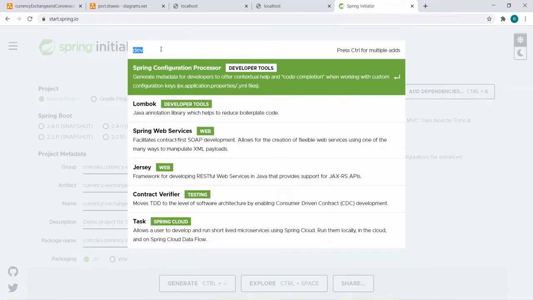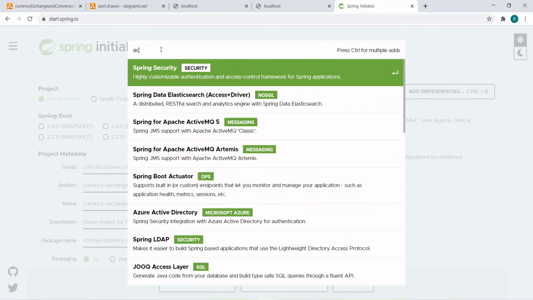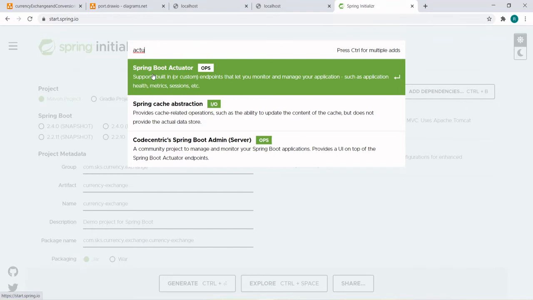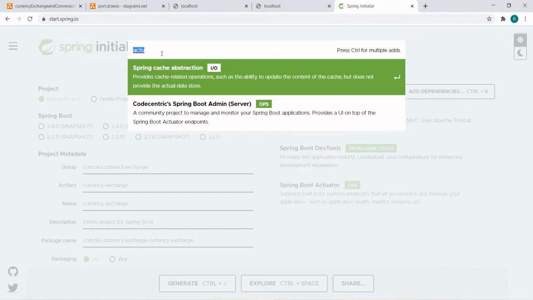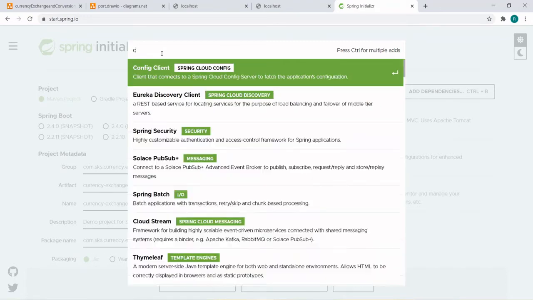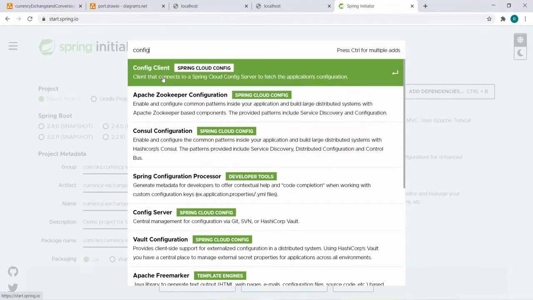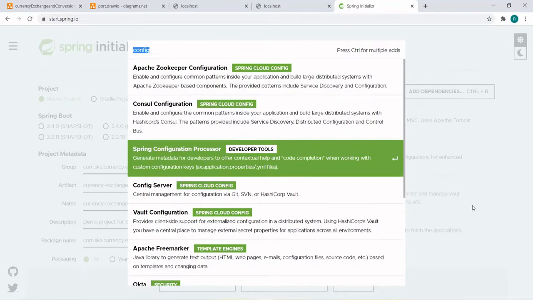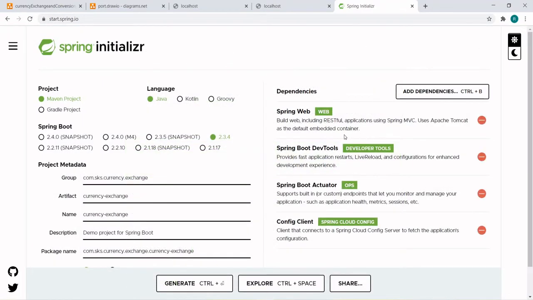And we will go with actuator, to know about the inside of the microservices and to track. Another thing we will get is the config client. So these four we will be choosing as dependencies: Spring Web, Spring Boot dev tools, Spring Boot actuator, and the config client.